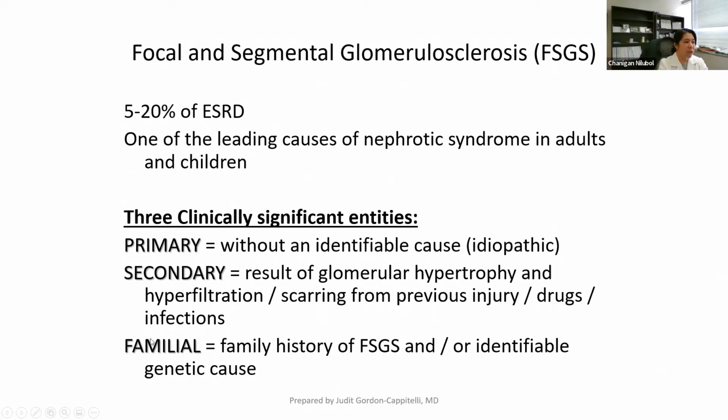Familial FSGS is if there are patients who present with everybody in the family having kidney disease on dialysis. They may not know that it's FSGS, but if they have a couple of generations with kidney disease, you would think about familial FSGS. And now that we can identify some of the gene mutations, it's helpful in knowing how to manage this patient or even their prognosis